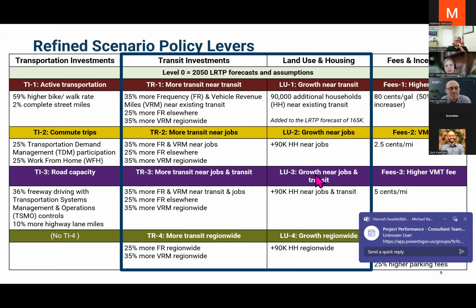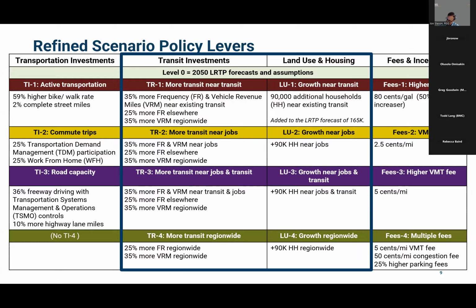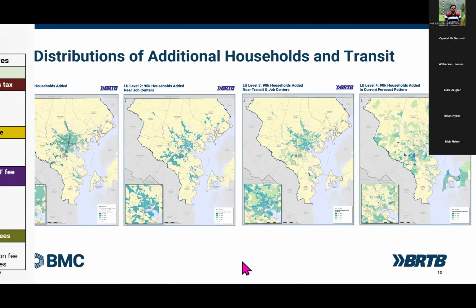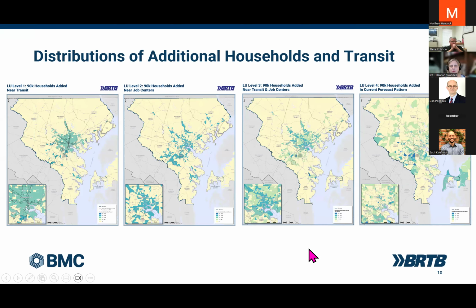Great, thank you. And we intentionally put together the transit policy inputs in our model so that we could mix and match them with those land growth scenarios, so that they could be looked at separately and together. And those four versions of these transit investment patterns and additional housing growth patterns reflect